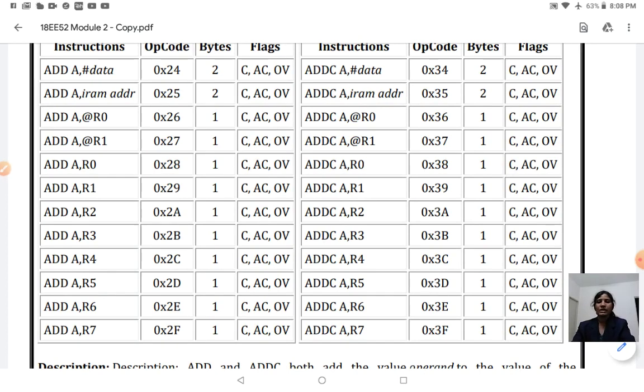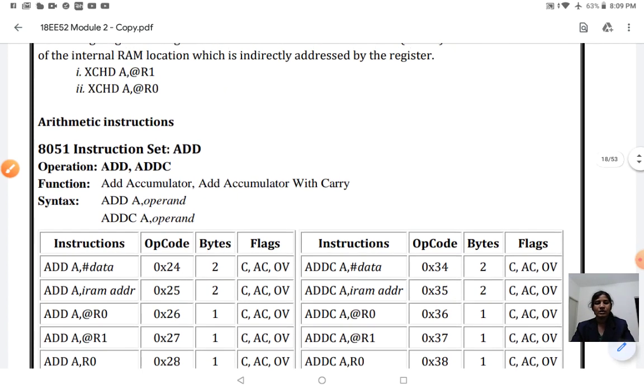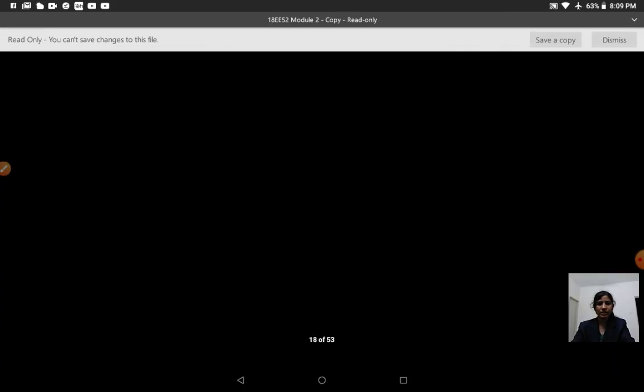I'll write one program using the add instruction so that you will get a better understanding.